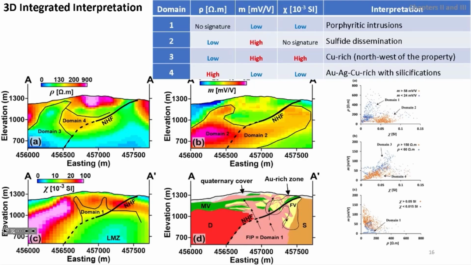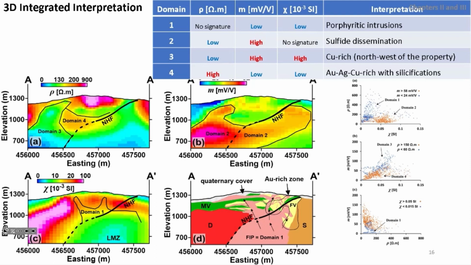Through integrated interpretation, 4 petrophysical domains are inferred from cross-correlation of physical properties. Domain 1 is a low chargeability and low susceptibility zone related to the porphyritic intrusion with variable resistivity values. Domain 2 is a low resistivity and high chargeability zone with variable susceptibility values related to the sulfide dissemination. Domain 3 is also a copper-rich zone with high